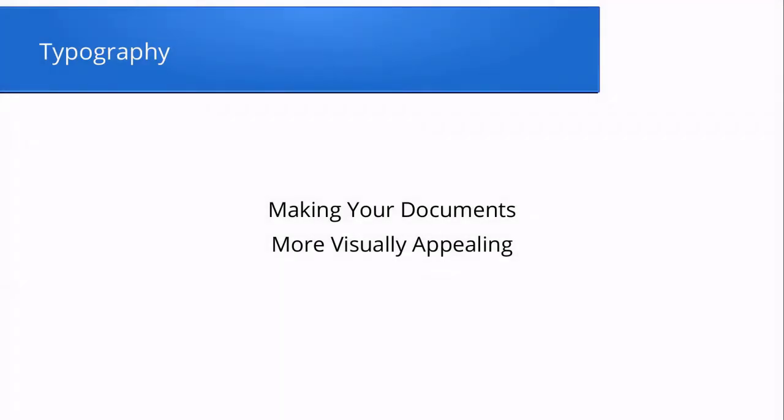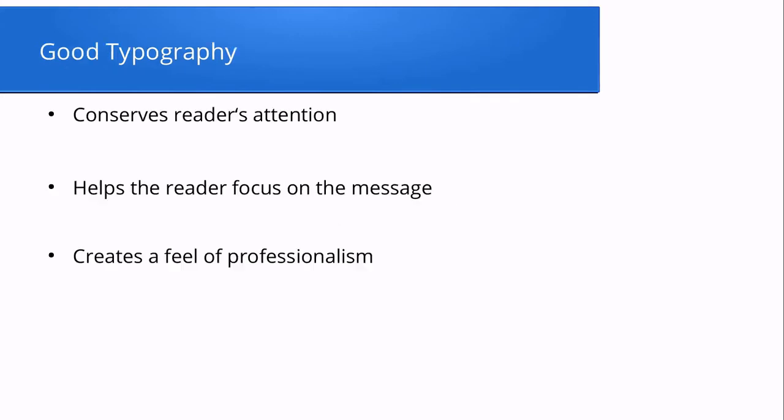I want to talk about typography, about the visual appearance of the documents. Why is it good to pay attention to it? I will show you some bad and good examples and provide some basic tips. I will not dive very deep. I will keep it more on the basics side. So maybe most of you are aware of the principles that I will be presenting, but hopefully you will learn something new. Okay, so